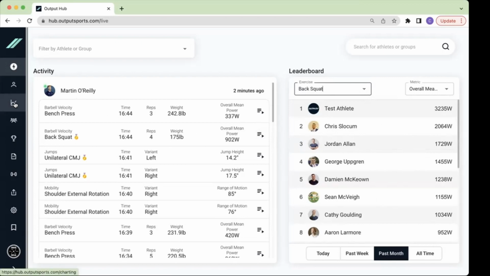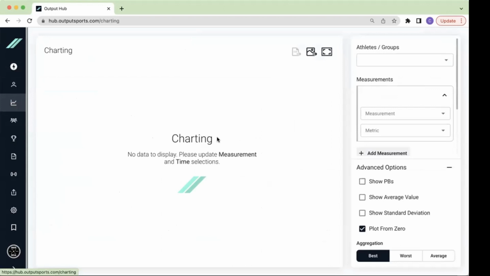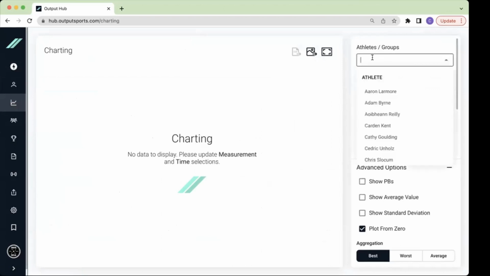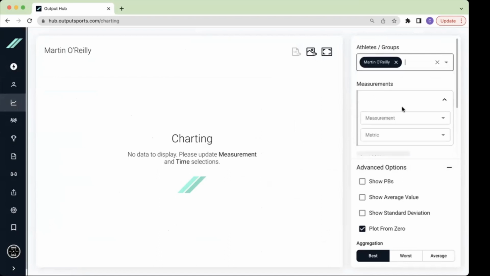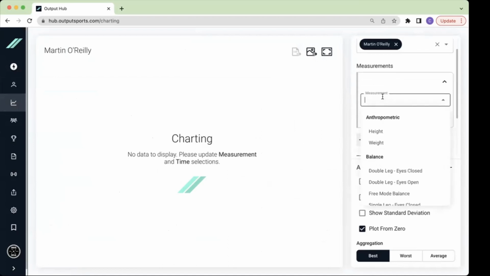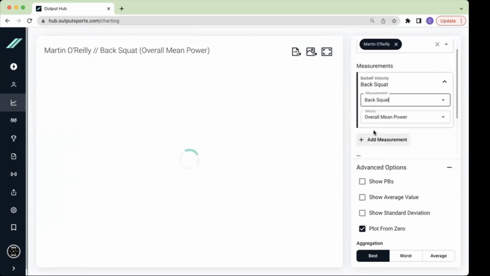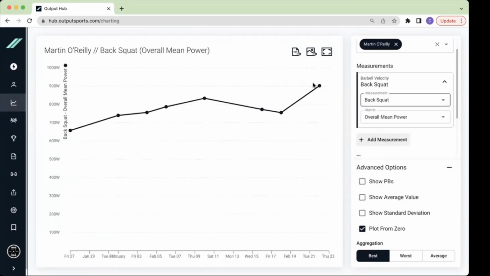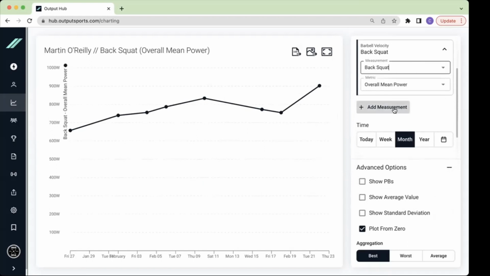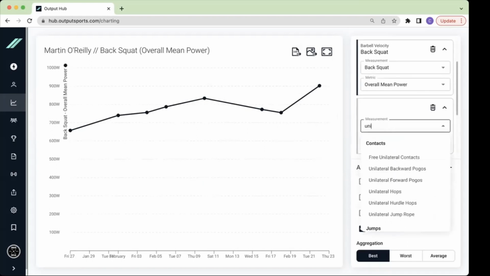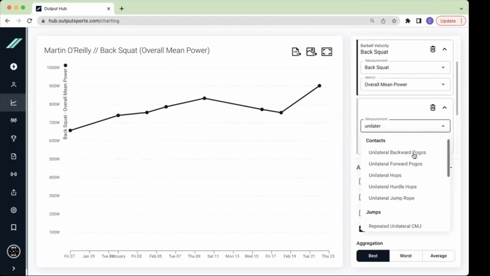With regards to the analysis options, and just taking the movements that we did as an example, we can dive into not only looking at individual movements over time, but also comparing movements against each other. For example, we did some repetitions with Martin just now. We did a back squat today. So we can see today's overall mean power max output, but we can also look at it historically. If I then have a look at the unilateral CMJs that we did,